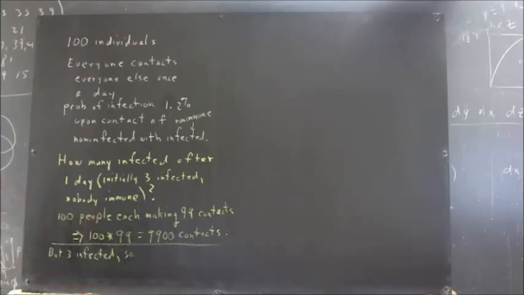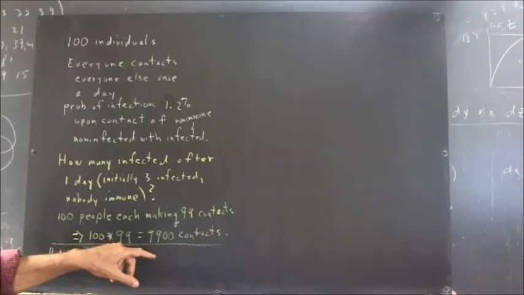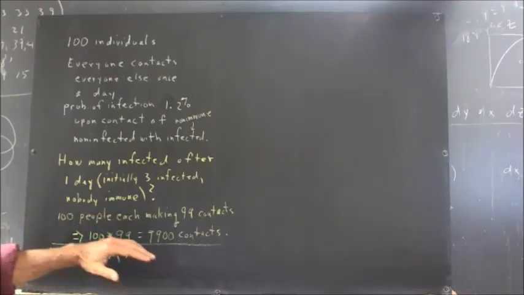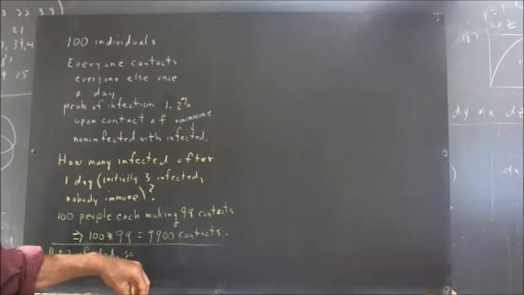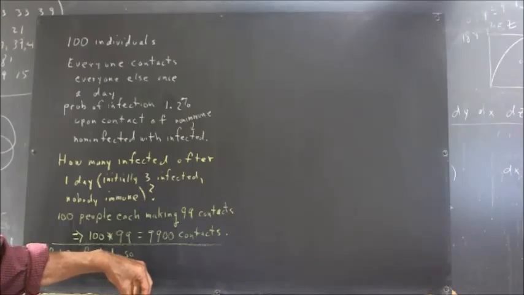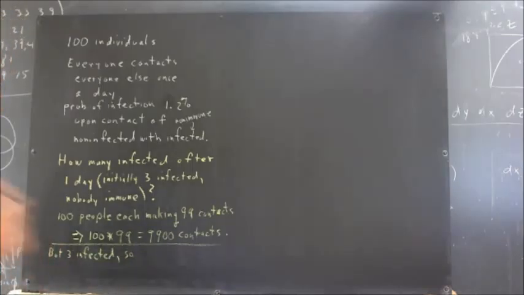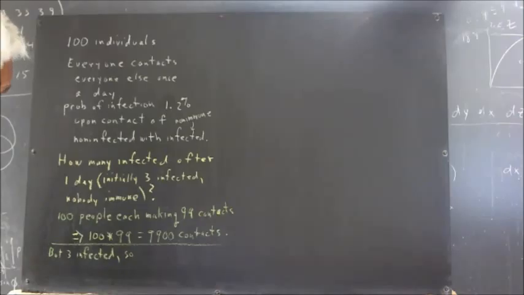But fortunately, not all of these contacts are between non-infected and infected individuals. Think about yourself, if you're one of this group, how many infected individuals are you going to come up in contact with during a day? And, well, take it from there a little bit. Okay, well, hopefully you paused and thought about that. Okay, there are 3 people infected. So you would come in contact with all 3 of them, assuming you're not one of the ones that's infected.